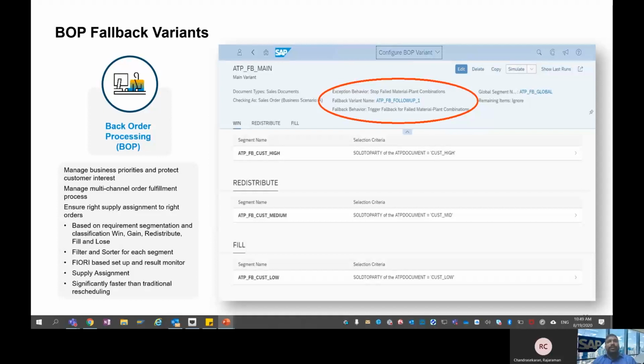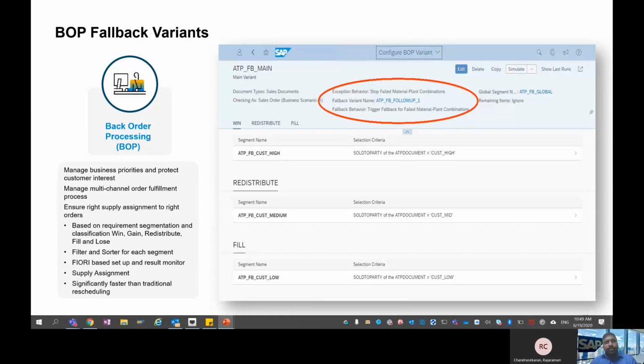In these situations, the back order processing app helps you by reacting to the changed availability situation, and it helps to confirm quantities exceeding the available quantity. This also results in the availability check for overconfirmed materials failing, or leaves you unable to release materials for delivery creation. So this helps to manage business priorities and protect your customer interest.